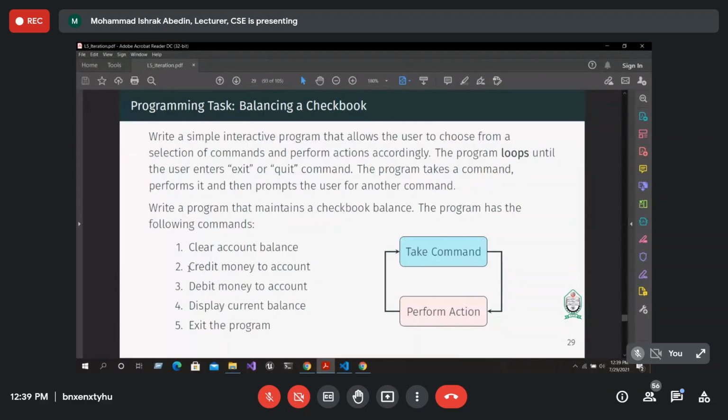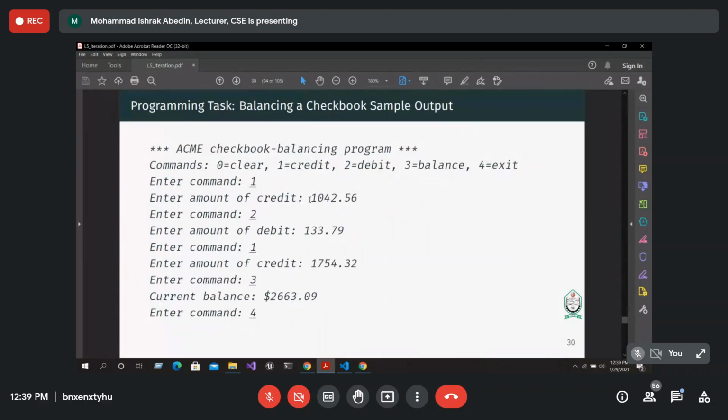Like if the user chooses the command to credit money into the account, it will ask the user for the amount. And then it will credit money into the account. Then it will ask the user for another command. And this program will keep on looping until the user gives the exit command. In that case, the program will just exit right at that place, using maybe a break statement